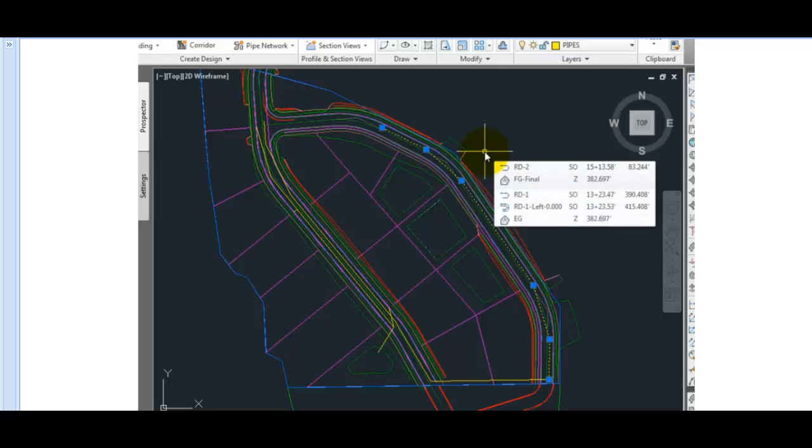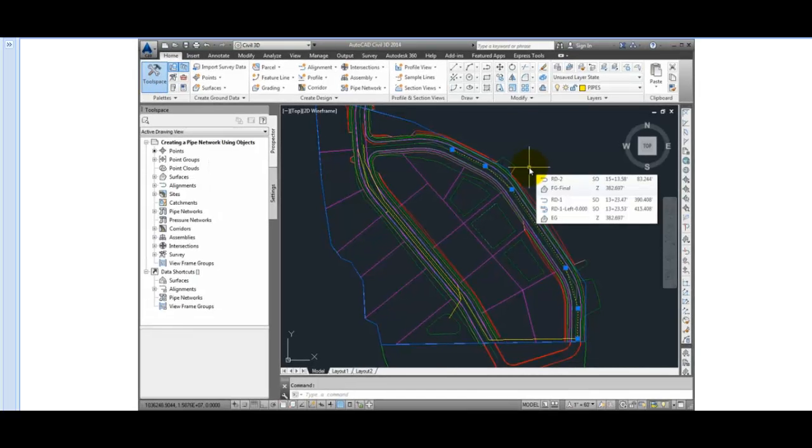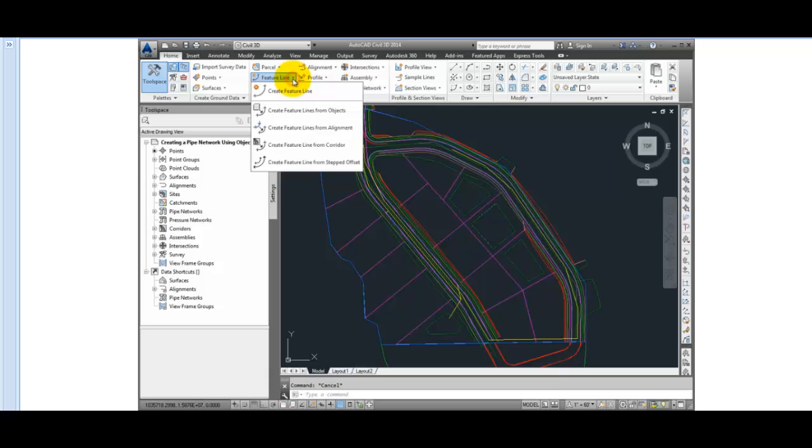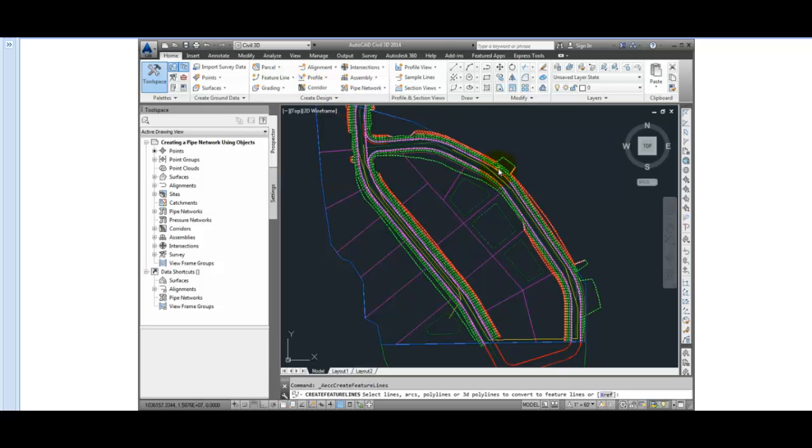We want this particular pipe for the sanitary sewer to be 11 feet below the proposed surface that we had from our corridor. So we could do this by first going to the Home tab, selecting Feature Line, and create Feature Line from Objects. I'll pick that line, enter,